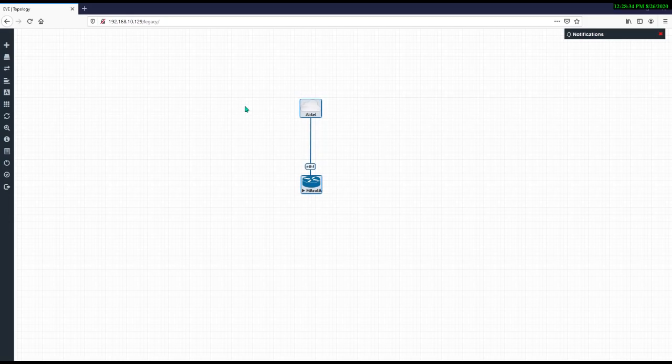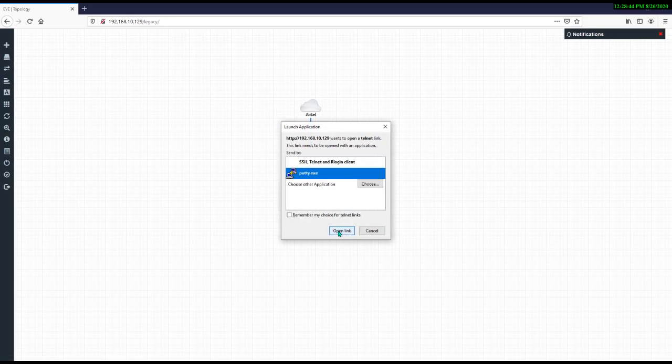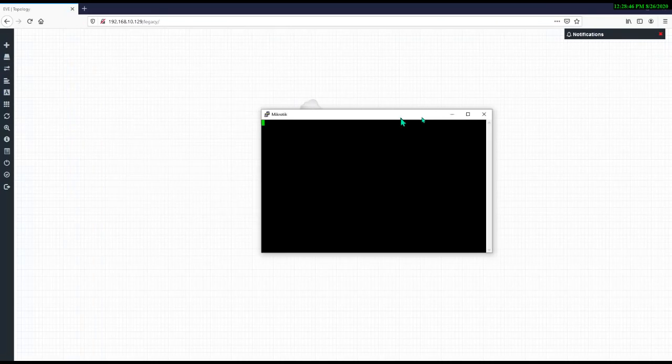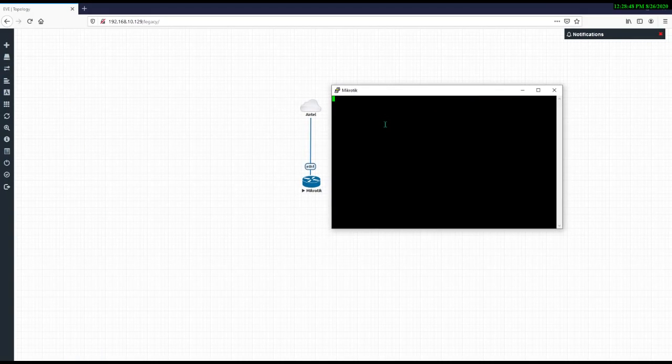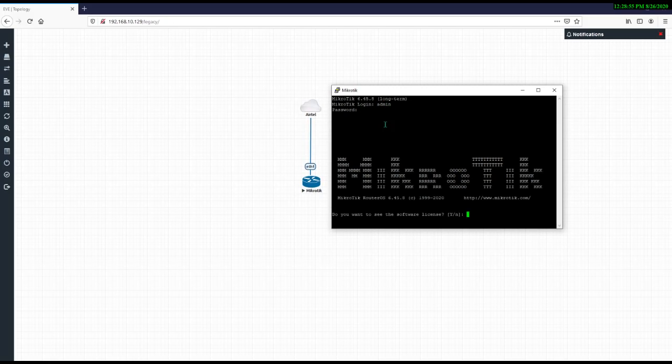And let's start. Let's wait for it on the system. So I think it is on. Just click on it, and let's see in my CLI first. Yes, this is the start.